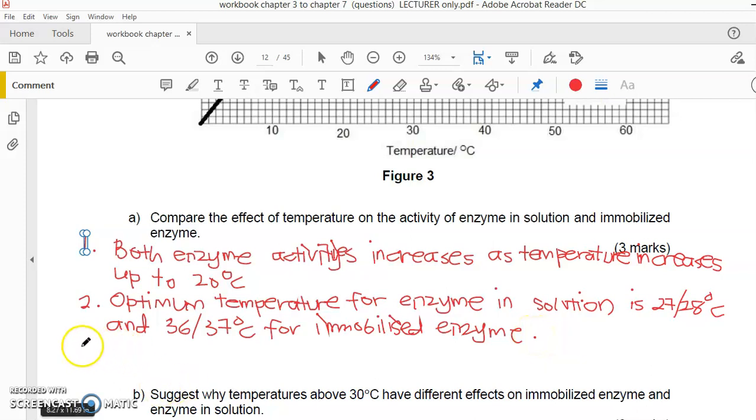Right, so the third one, what conclusion can you say? You can say higher product, you can compare, higher